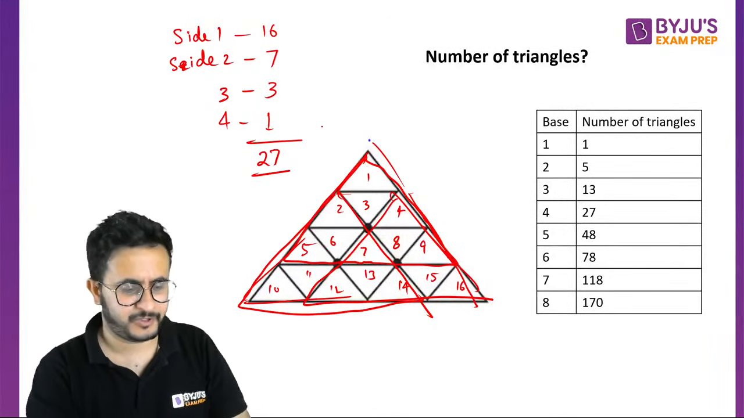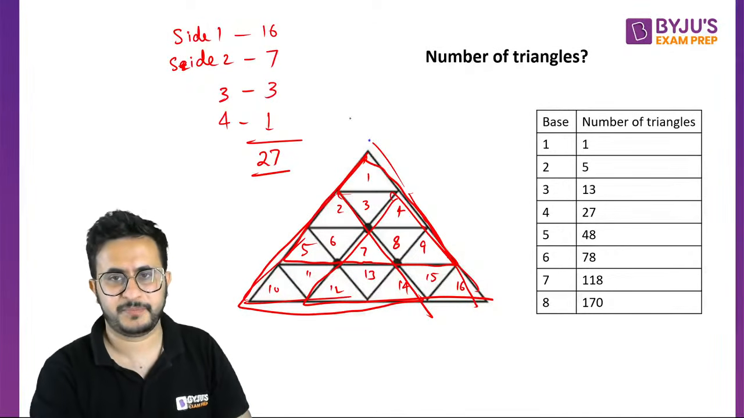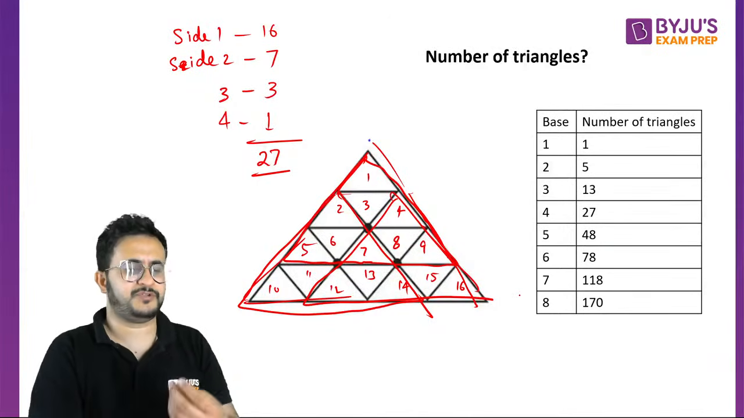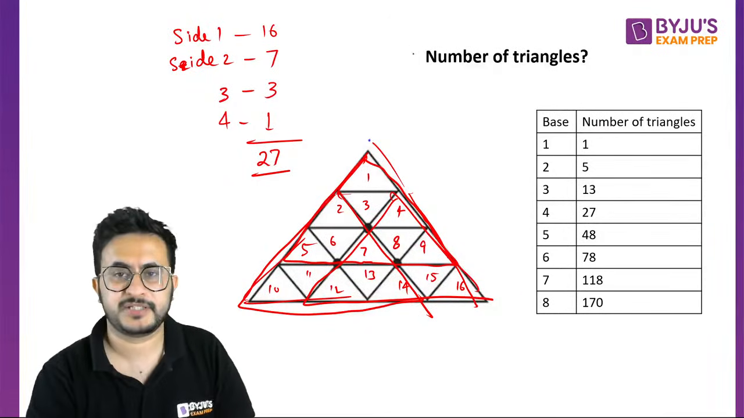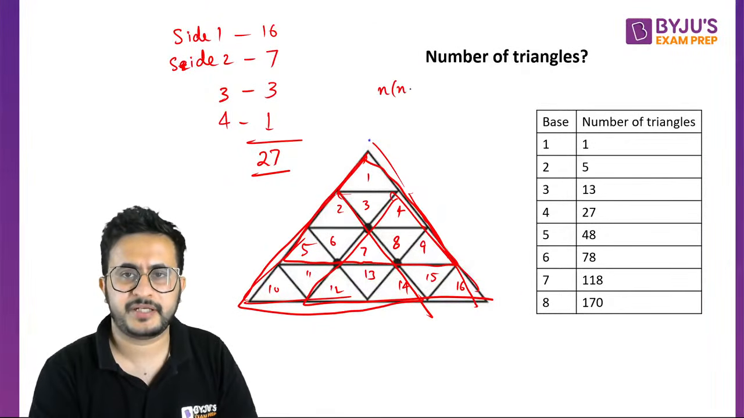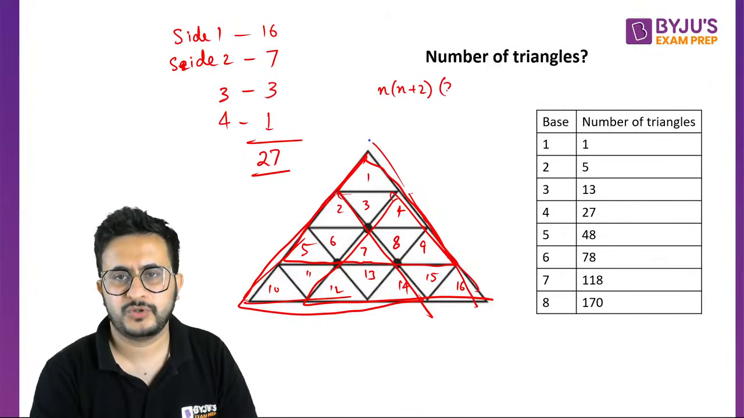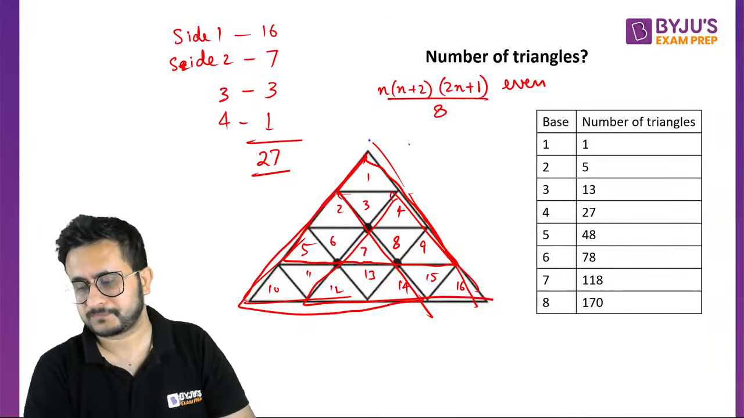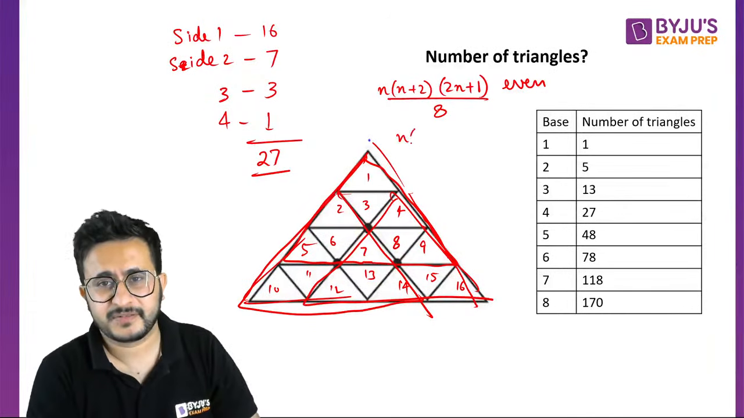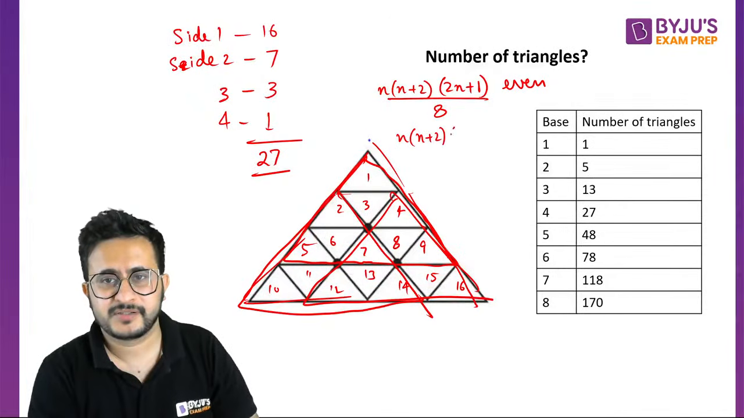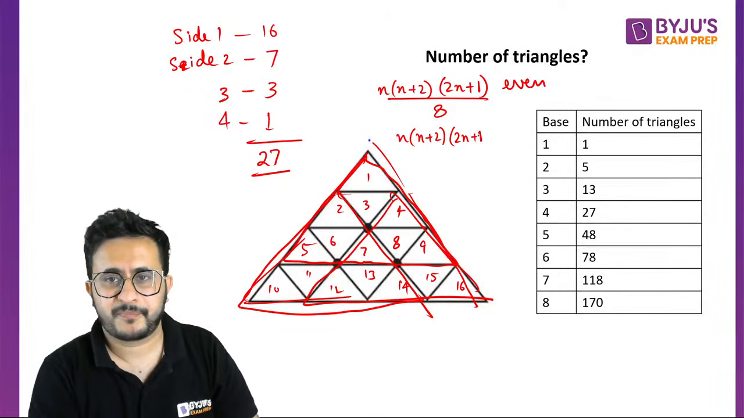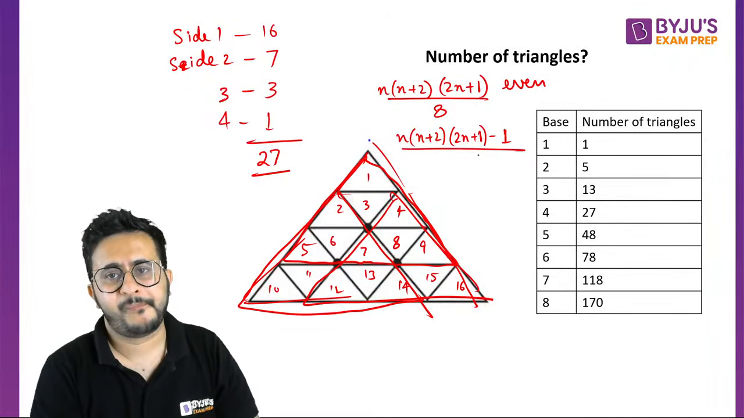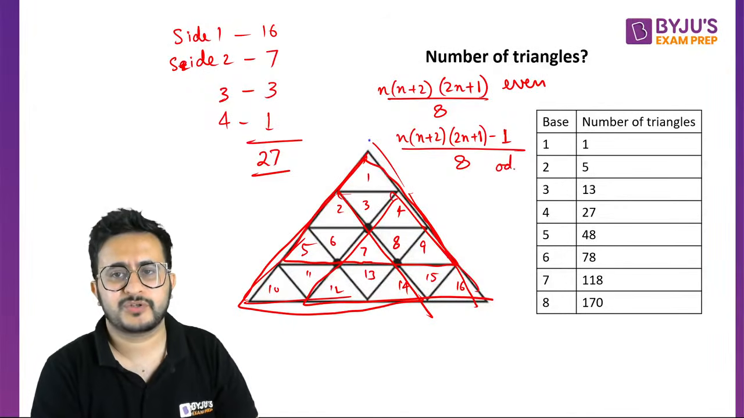So there's a formula for it. If you want to remember this formula, you can, or you can remember these values because they won't give beyond this. The formula is n times (n plus 2) times (2n plus 1) upon 8 if n is even. And then if it is an odd number,